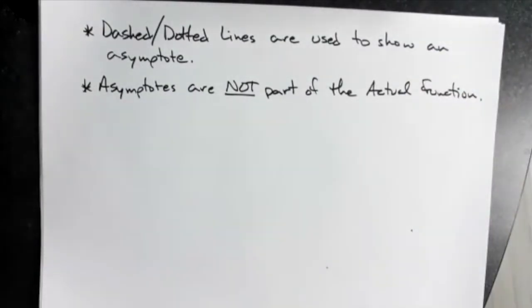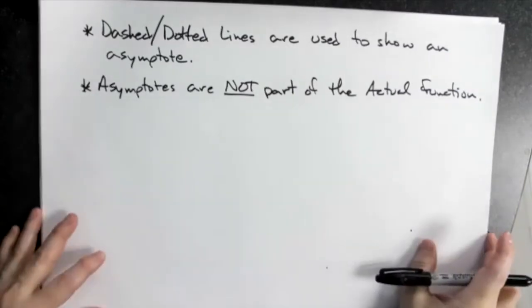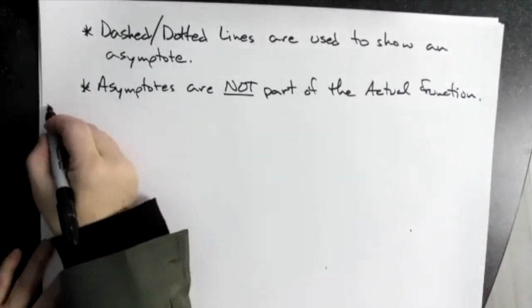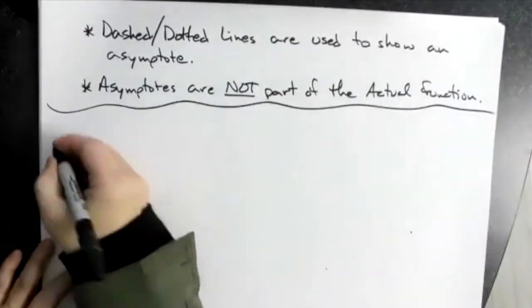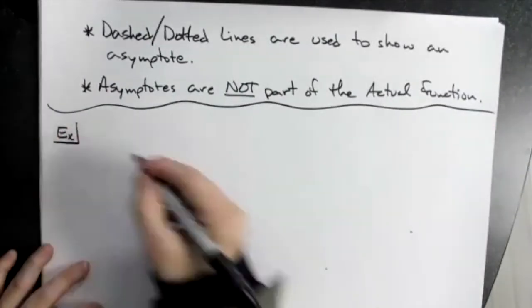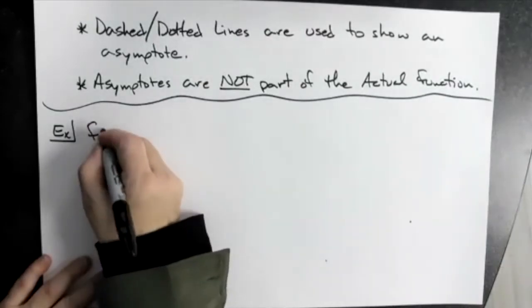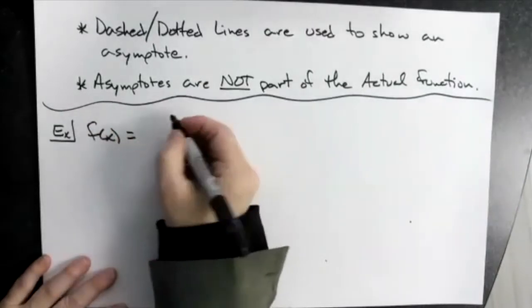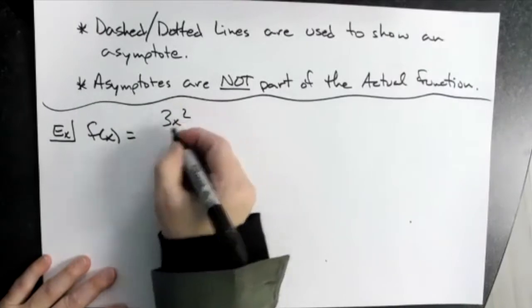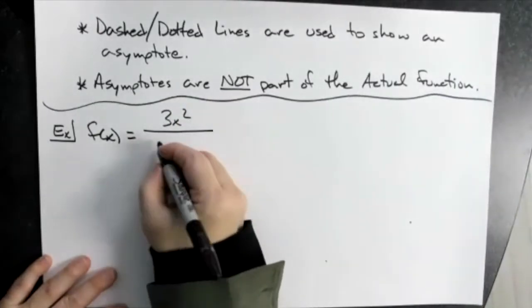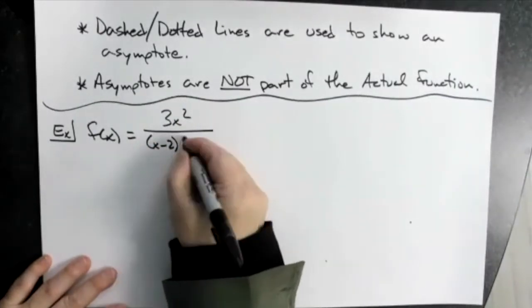Okay, so a lot of writing here to begin with. Let's go ahead and take a look at one of these. I'm going to write it as a function, using function notation. So I'm going to say f of x is equal to 3x squared over x minus 2